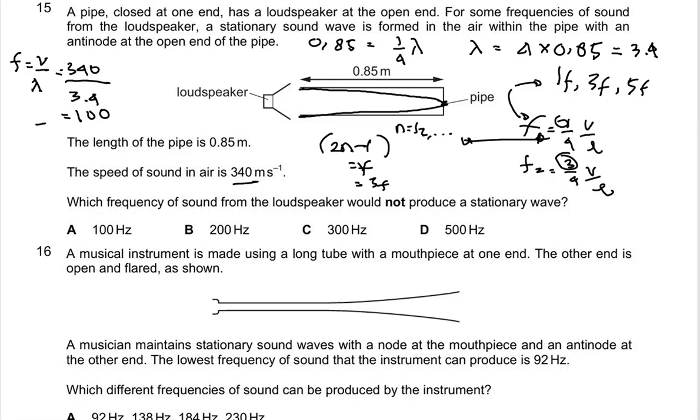So this is the first fundamental frequency, and the second frequency is triple, which is 300, and the third is 500. So B here is not a frequency of this stationary wave. It doesn't happen for all types of stationary wave. Each type of stationary wave has its own pattern, its own series of frequency. So 135 here depends on the type of stationary wave.